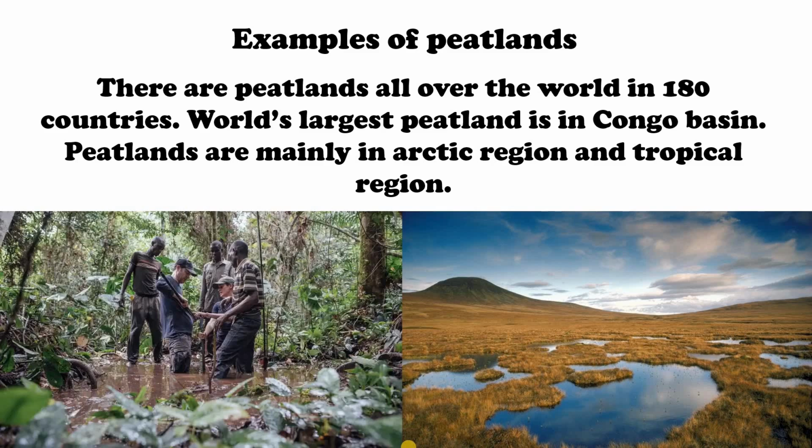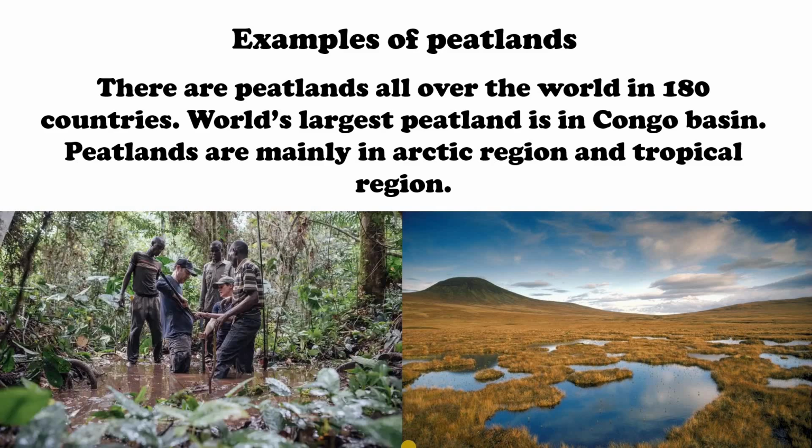The world's largest peatlands were identified beneath the forest of the Congo Basin in 2017. This is also the largest transboundary Ramsar wetland site in the world. It is made up of two Ramsar sites, one in the Republic of Congo and another in the Democratic Republic of Congo. It covers 129,000 square kilometers, about the same size as Greece and Bangladesh combined. It also contains around 30 gigatons of carbon, which is as much as the United States economy emits in 15 years.